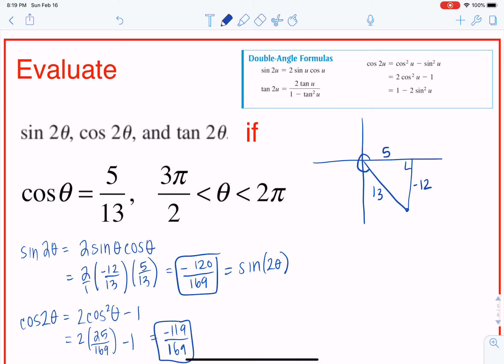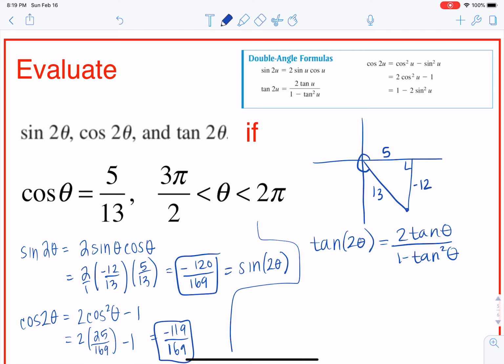And lastly, tan of 2 theta. So here I'll just make myself a little more space. Tan of 2 theta is going to be 2 times tan of theta all over 1 minus tan squared of theta. And tangent of this triangle, if this is the angle that we're talking about, looking at this right triangle, looking at this coordinate point right here,